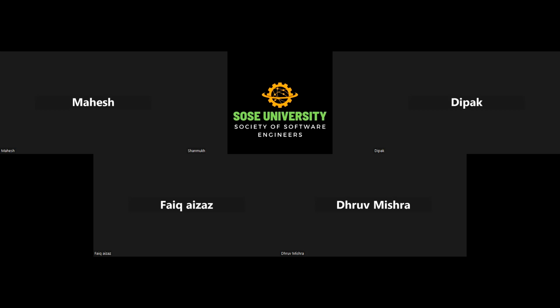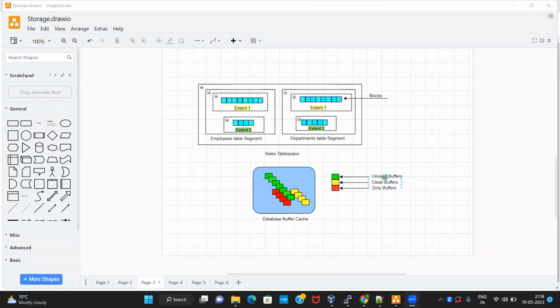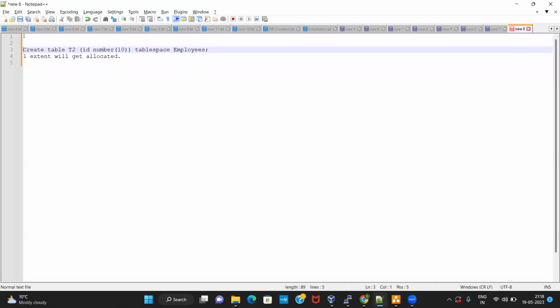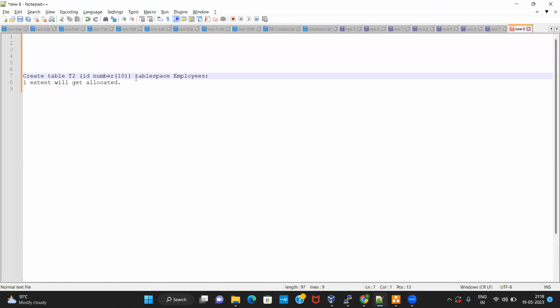Okay, fine. Let me share my screen first. Okay, so we were saying that in this example, the user wants to create a new table in the database, or a new segment named T2, and it is to be stored inside the tablespace employees, and at least one extent will get allocated to that specific segment, right?